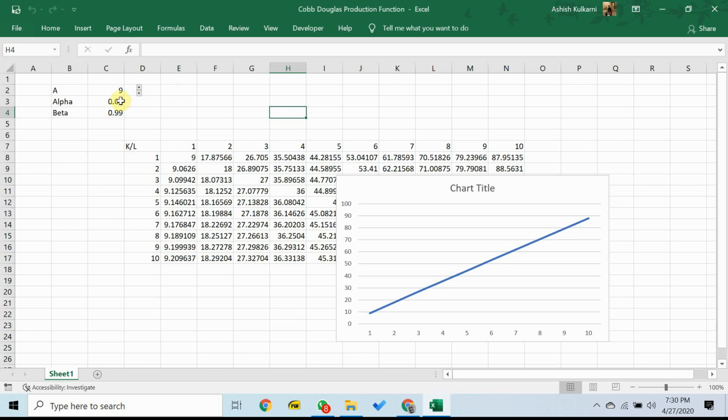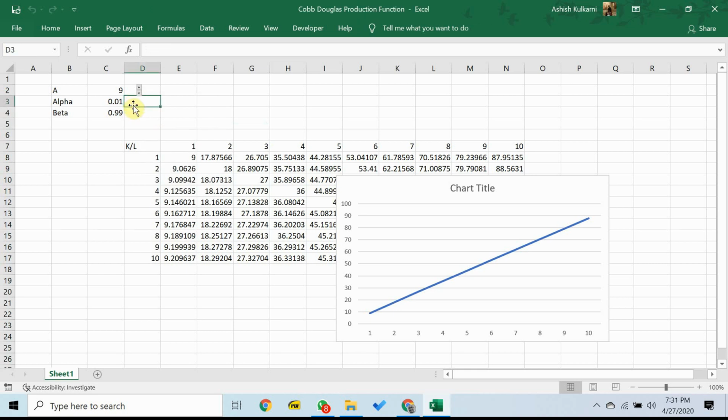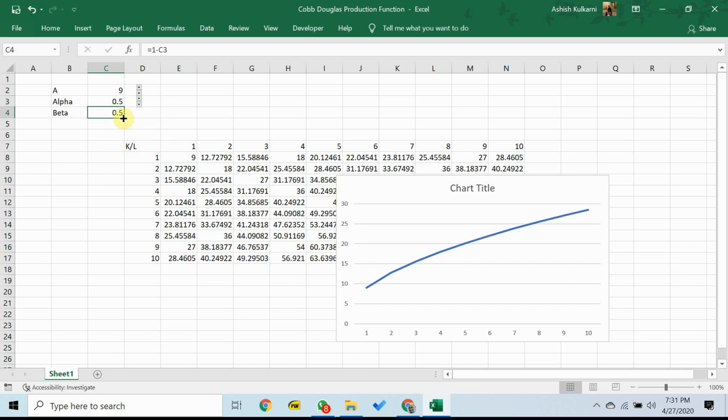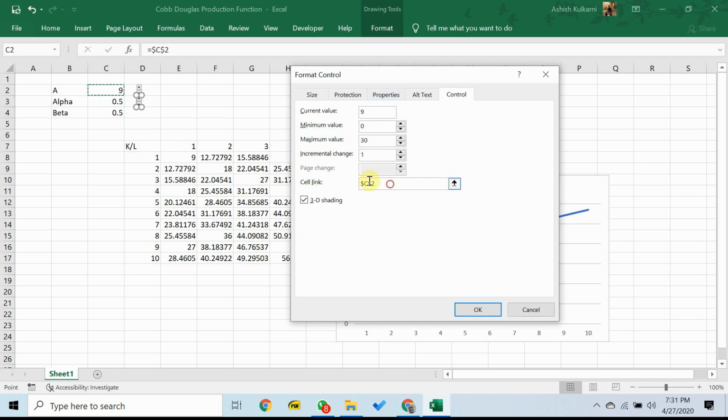Quite cool. What we will do now is we will right click on this button, copy this, and paste this button over here. Doing it like this makes it look nice and symmetrical. And now in this case, of course, what we want to happen is when we press the up or the down buttons over here, these values should change. For simplicity's sake, let's go back to 0.5. All right, now how do we make this happen? If I right click over here, I can change all of these values. So this should change to this particular cell and so on and so forth.